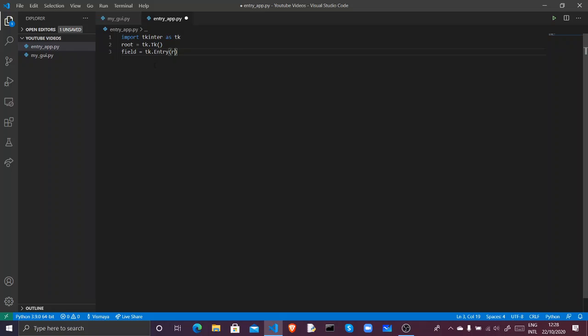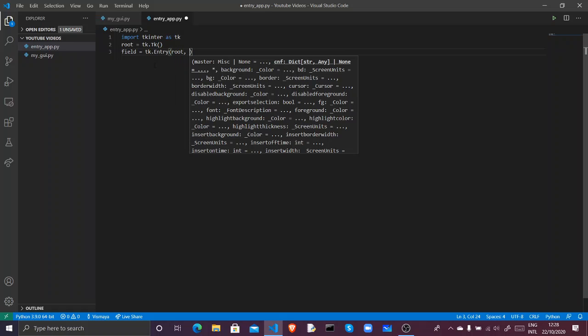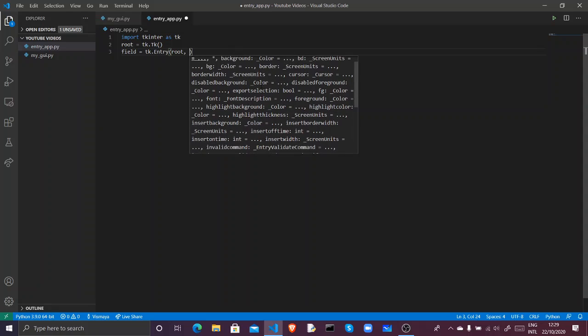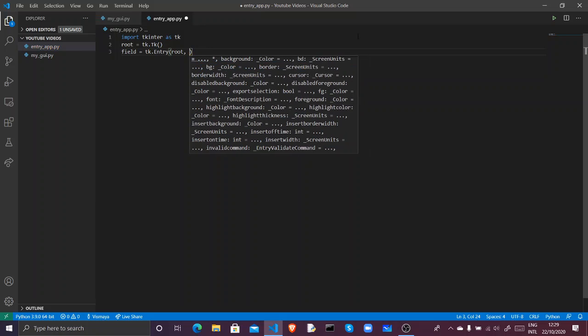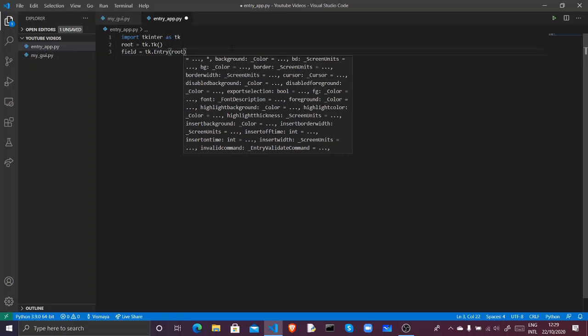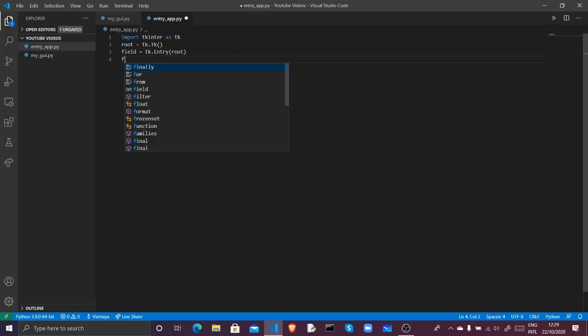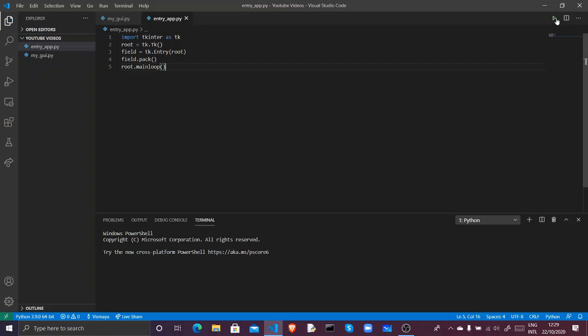Inside this we'll pass the master, root, and there's no text, there's none of that. You only have font. Example, just look here. Do we have text? We don't have text. We have text variable, which is a Tkinter string variable, and I'll be discussing that in a few videos later. For now, we just need to specify the master. Let's pack it. Field.pack, and root.mainloop. Main loop done. Let's run this,